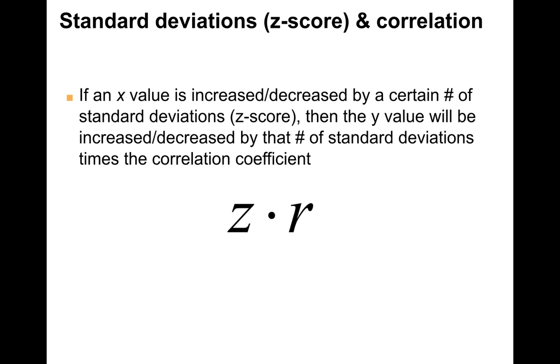This is how we compare standard deviations and correlation. If an x value is increased or decreased by a certain number of standard deviations, and remember, a number of standard deviations is the definition of a z-score,